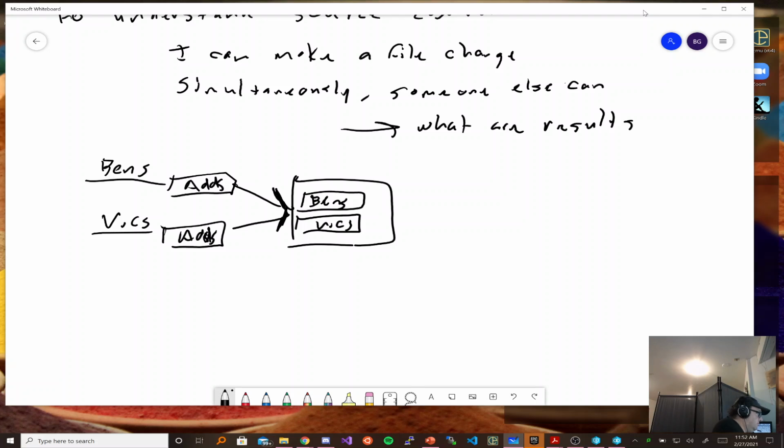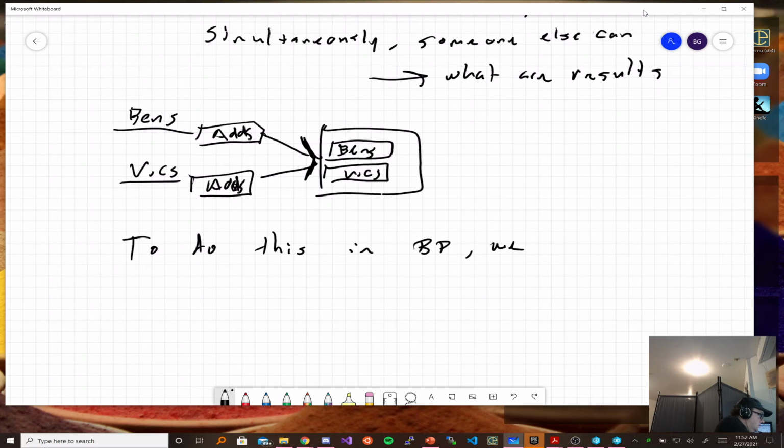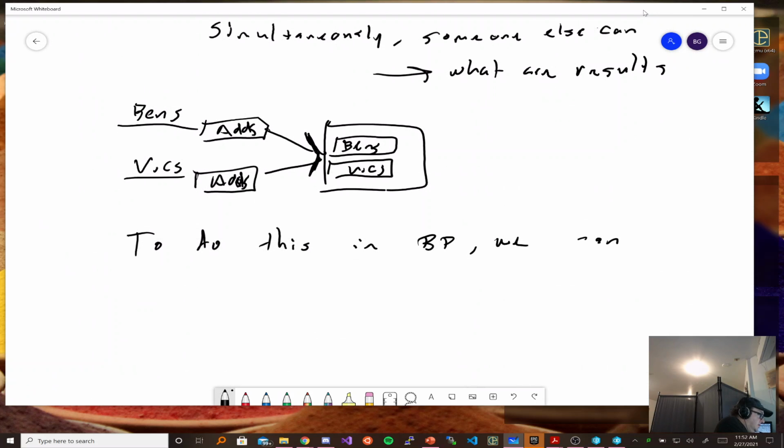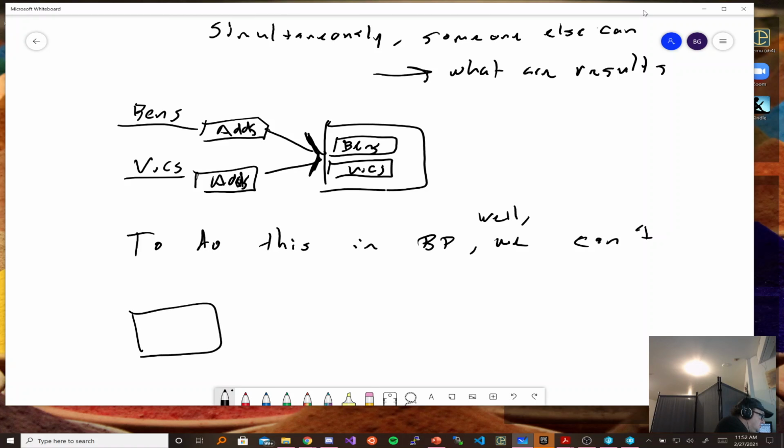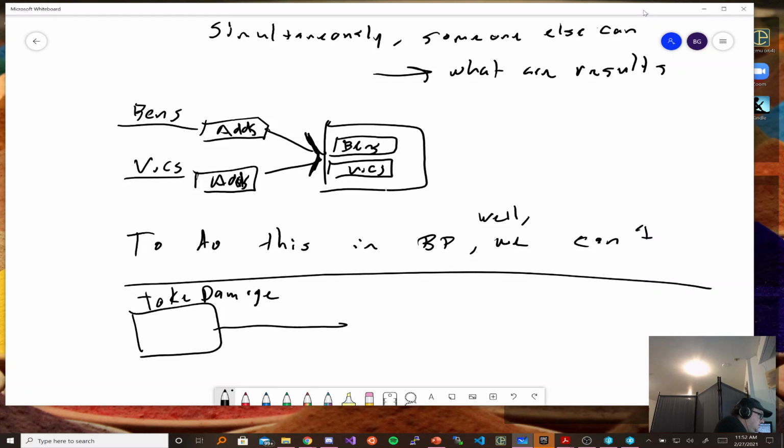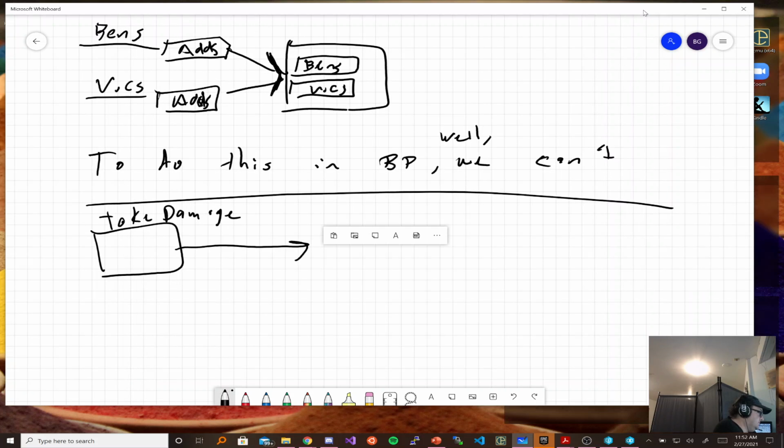Now, to do that in PowerPoint, or to do that in blueprints, we can't. Because let's say we had some blueprint that says take damage. Take damage needs to do, and as I just described the system to you, basically what it means is, in